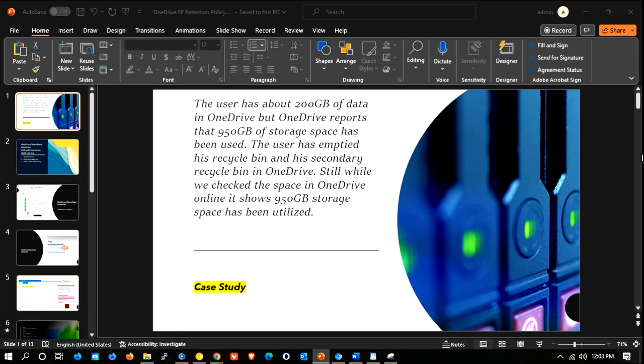In today's demo class we will talk about SharePoint retention policy, at the same time preservation hold, and we will do a case study which is going to cover the SharePoint retention policy and also preservation hold. So let's understand the scenario first so that it will make our understanding much better in order to mitigate the issue. So let's imagine there is a user which has